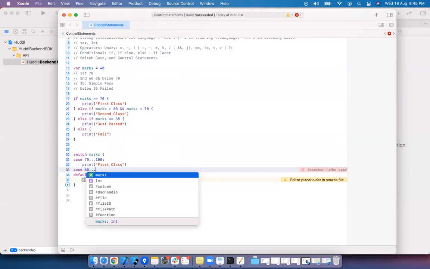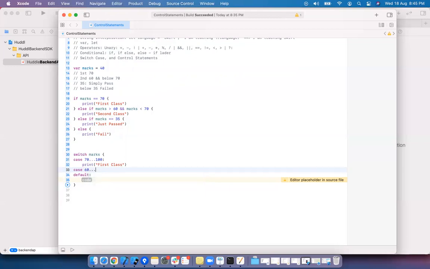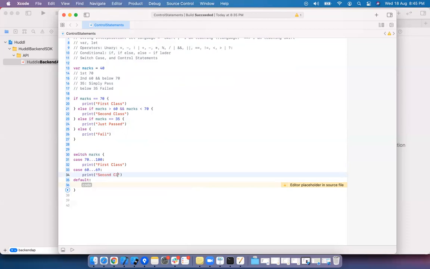We are giving a range from so-and-so number to so-and-so number, 60 to 69. I print second class. Case 35, just passed. In all remaining cases, I print failed.